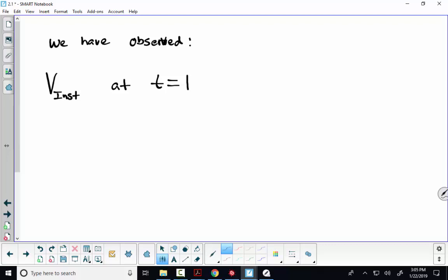So instantaneous acceleration, instantaneous temperature, whatever change that is. But that's also the slope of the tangent line. So we've observed that the instantaneous rate of change or the slope of the tangent line here at t equals 1 is computed, or was computed,